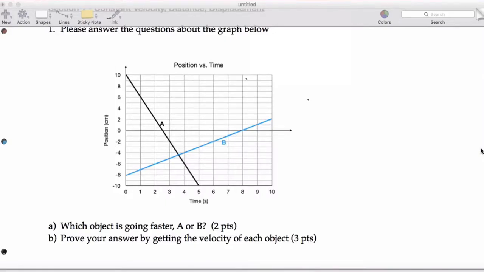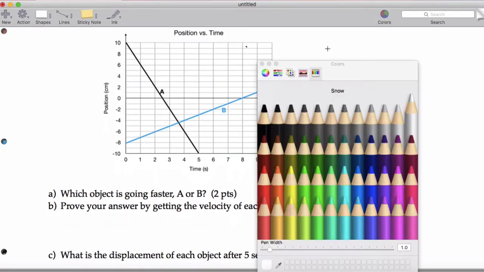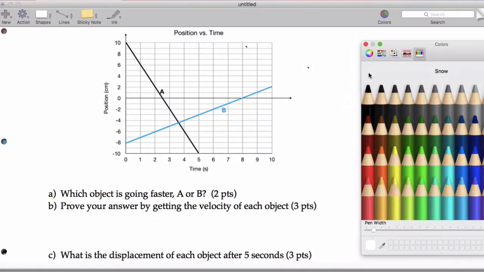Alright, I wanted to take a look at the second practice test that we've distributed in class and just take a look at the solutions and see how we solve this, just so you have the second practice test solution set available. So, we're going to start with object A and object B, and we want to know which one's